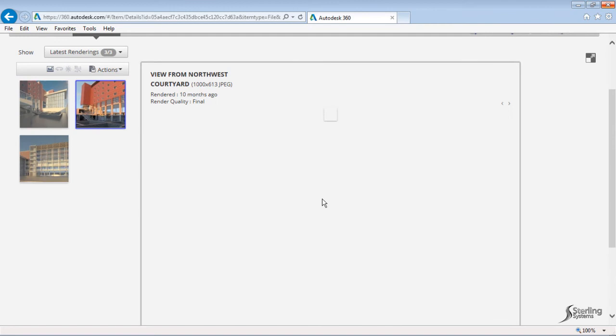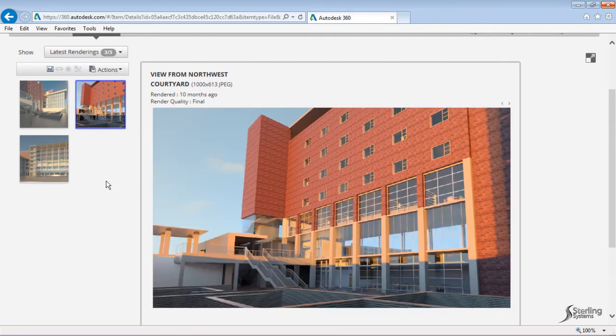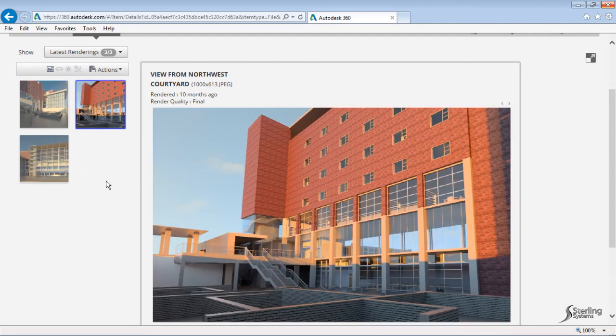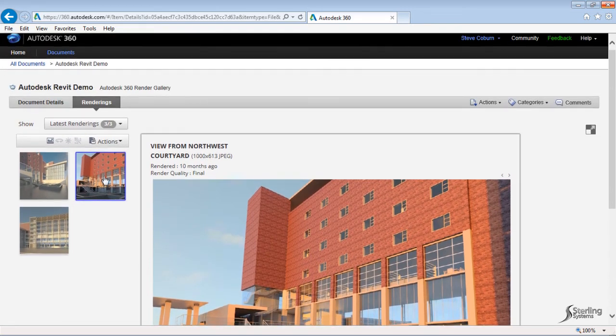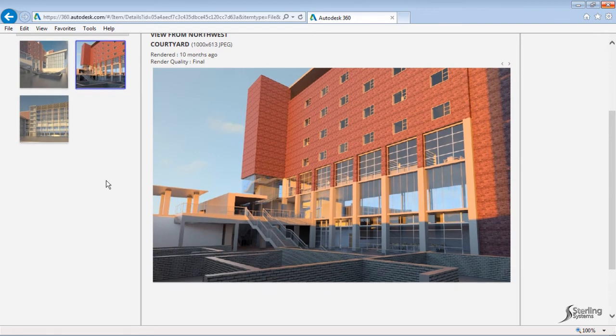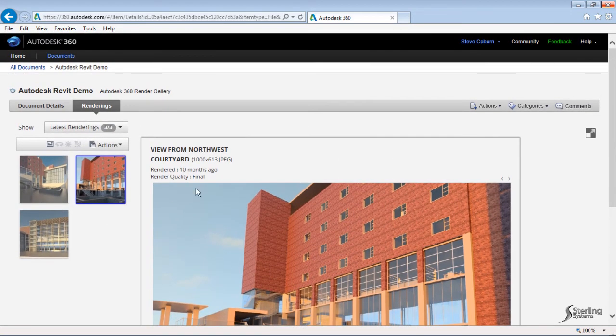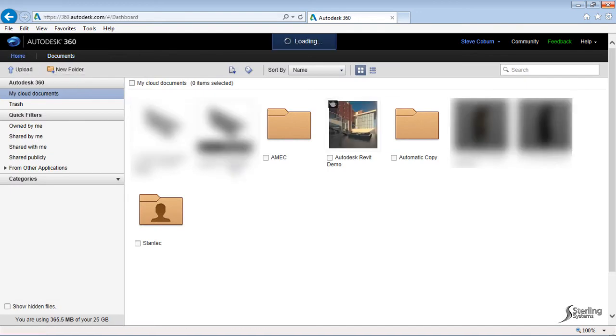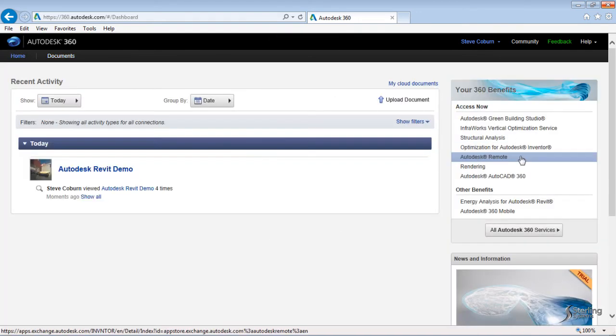So as you can see, I can go through, and these renderings were done here on Autodesk 360 with the rendering tool. And I'll show you a little bit how that works in the process to get your renderings up there. These images came straight from the Autodesk Revit package, so I didn't have to come up here to 360 and do it myself. So what basically you want to go to is the home website, and you have a